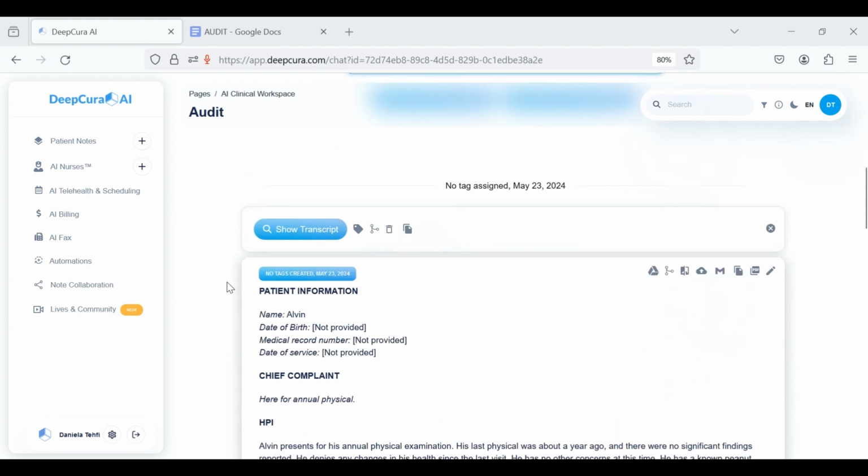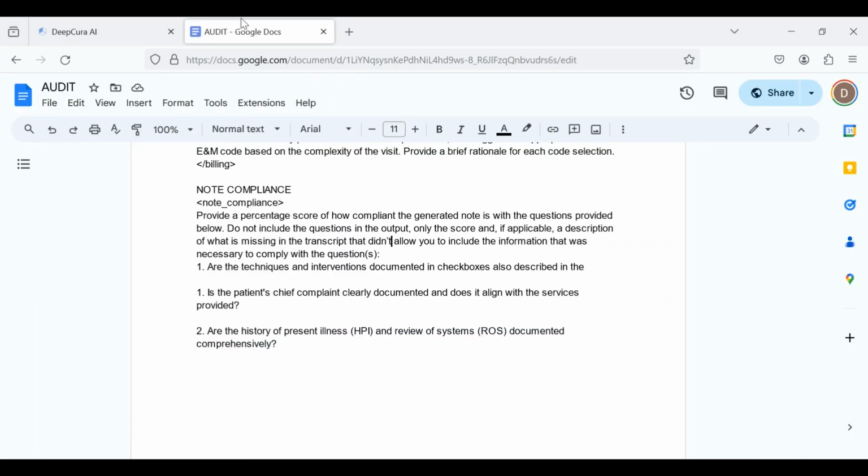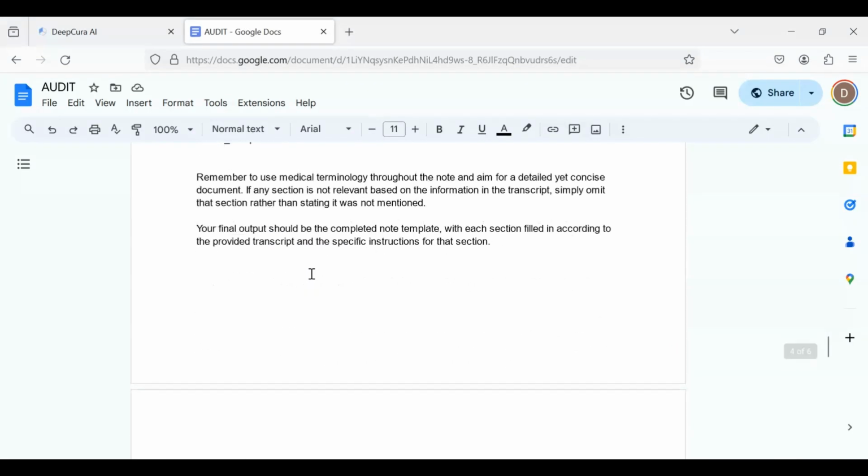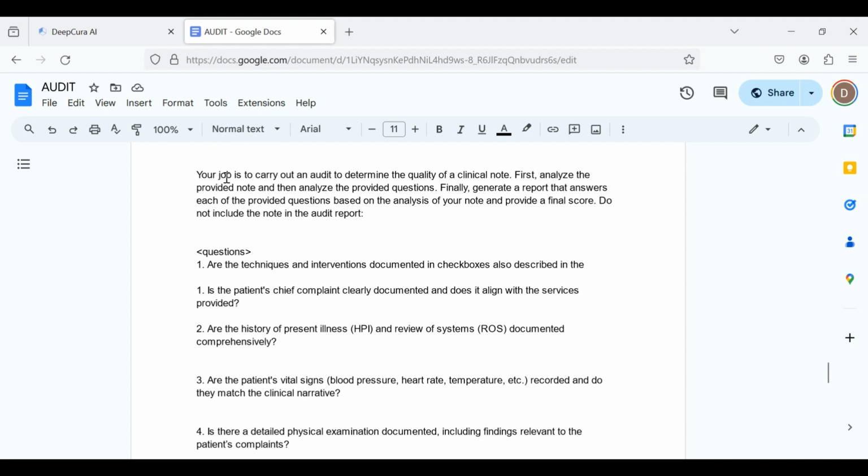Now, what you're going to do is really very simple. You're going to create an audit template first. So basically, you're just going to provide the AI with those rules so it can check if your notes comply with them. You're just going to give it a brief instruction of what to even do with those rules, right? So you have to tell it to carry out an audit to determine the quality of a clinical note, to first analyze the note and then analyze the provided questions or the provided requirements or whatever you're going to provide it with,